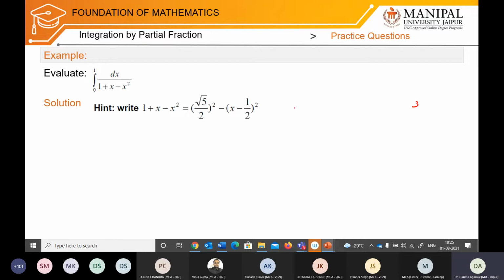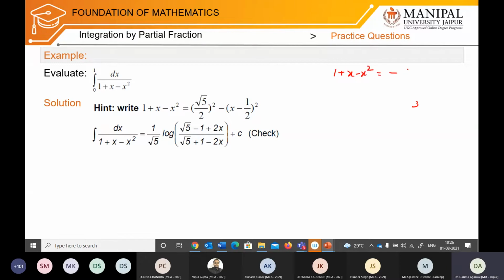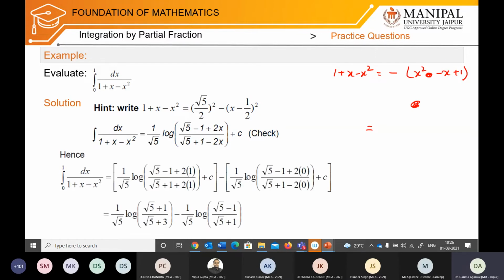For example, if we need to find the integration, the process of integration is as usual. We'll integrate it in the usual manner, right? First of all, we convert it into this form. Let's discuss how we can convert this form, 1 plus x minus x square, or we can write it as minus x square minus x plus 1, right? If we write it as x minus 1 whole square, there will be 2, right? So what we need to do,